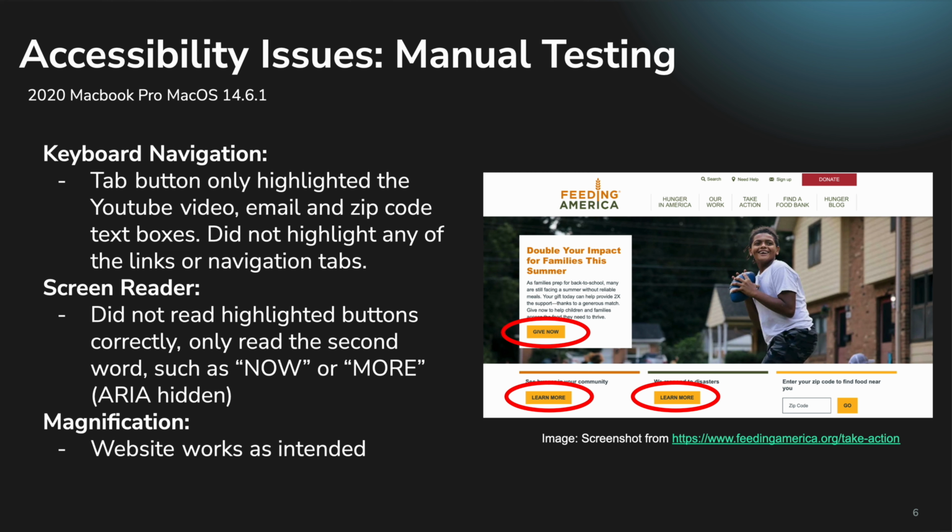The up and down buttons did work, and so did the enter buttons when it did tab onto those YouTube videos, email, and zip code text boxes. For screen reader, it did not read highlighted buttons correctly, only the second word, such as now or more. In this screenshot here, I circled the buttons that it did not read correctly, and this has to do with that ARIA